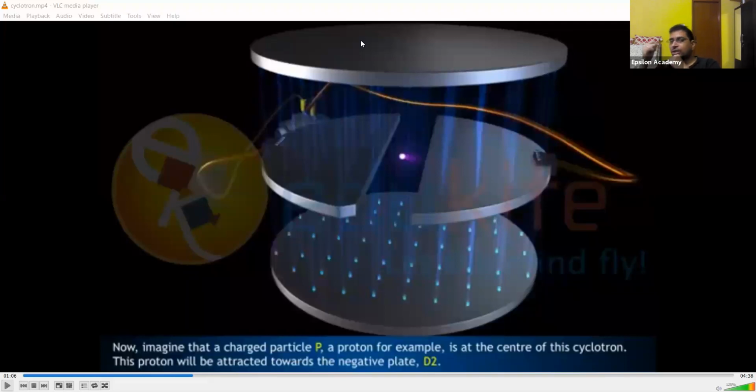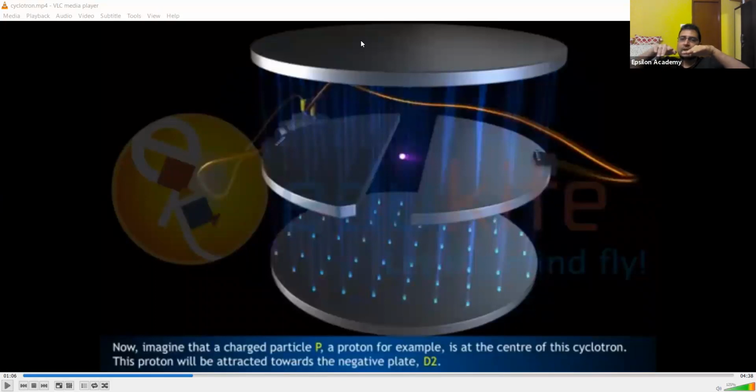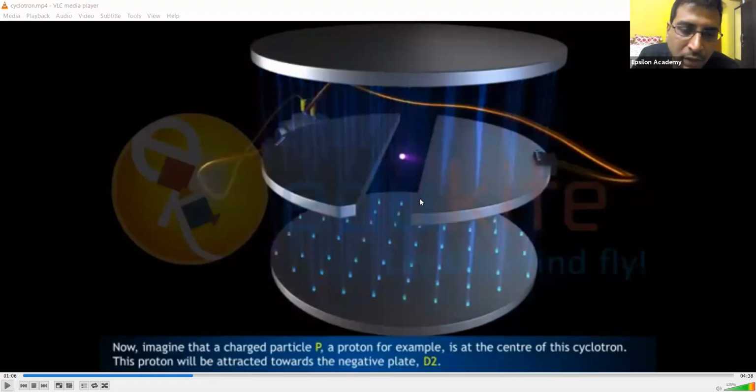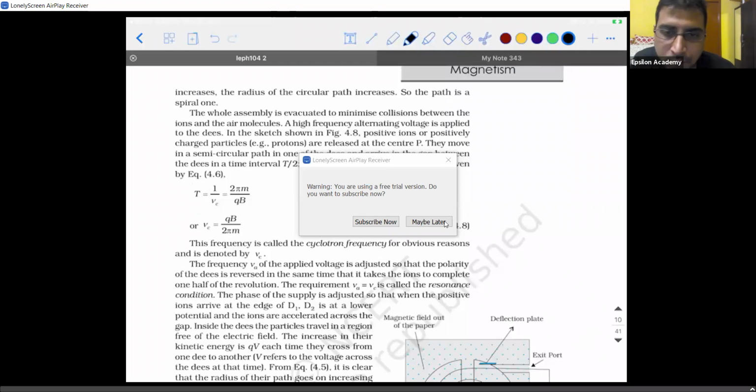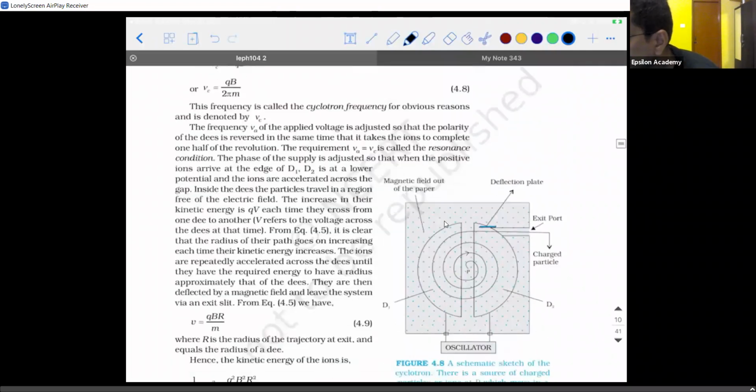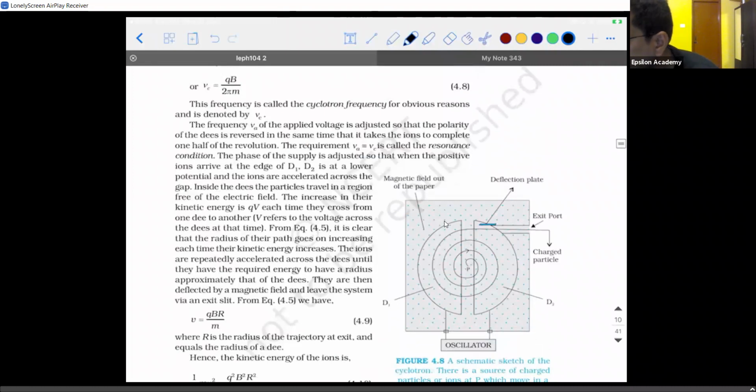Right? So to put this charged particle in motion, what we need to do is, the metallic plates are there, no? In those metallic plates, one of the metallic plates will be given positive sign and the other one will be given negative sign. So when there is a positive and a negative terminal existing, what will happen? Suppose the proton is here. If one of the plates is given positive sign and the other is given negative sign, what will happen to it?